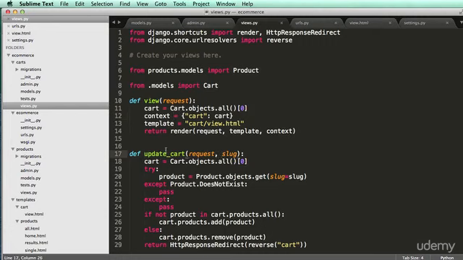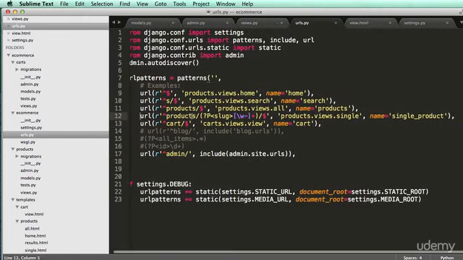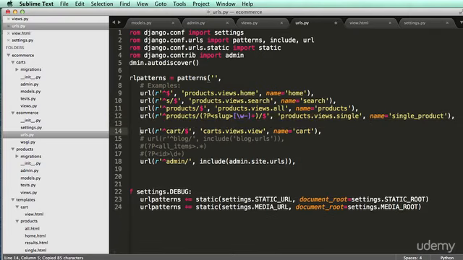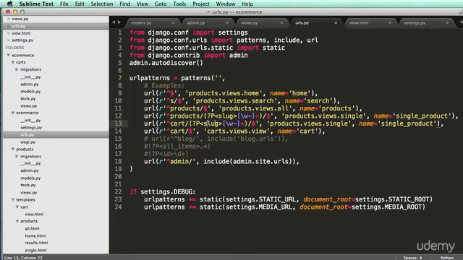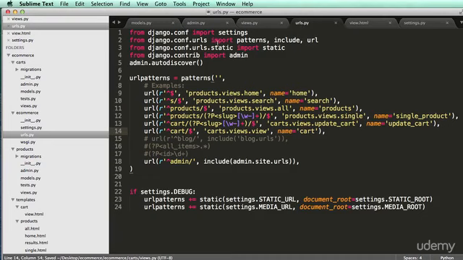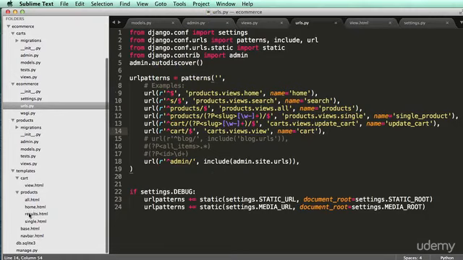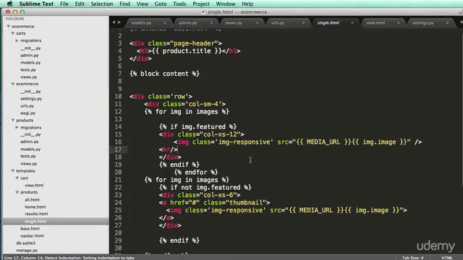So now that we have this, we actually have to create a URL for it. So if we go into urls, we can actually copy this products one, because that is almost exactly what we're going to be doing. So I'm just going to call it cart slug, and then carts, and then update_cart, and then I'll call the name update_cart. All right, so update_cart is the view, and all right, cool. So now let's actually try this out. And in our view for our actual product, let's go into single product, where we have that link for add to cart,